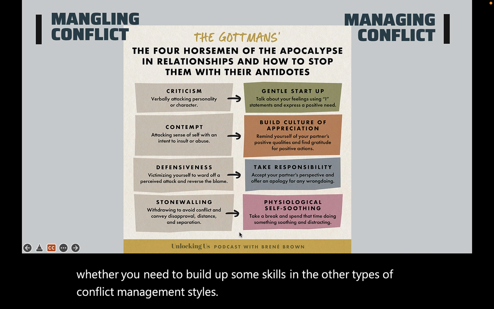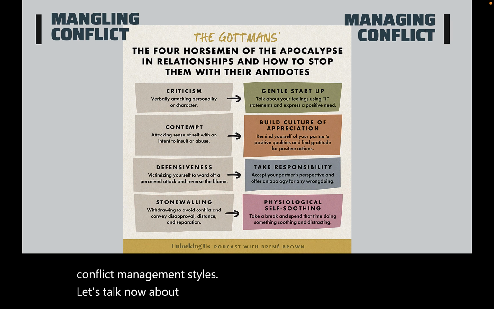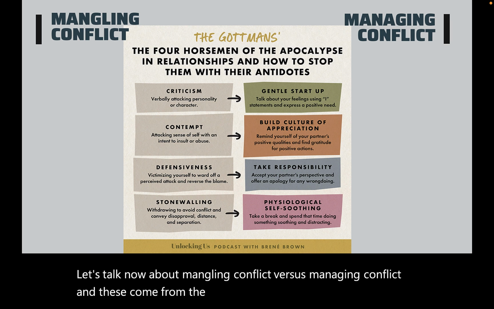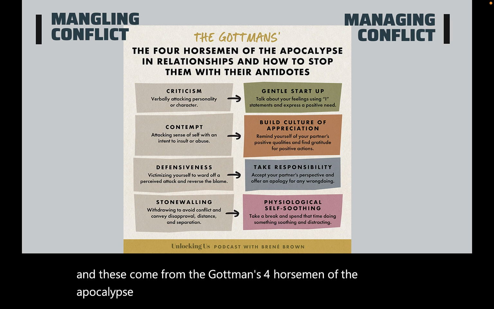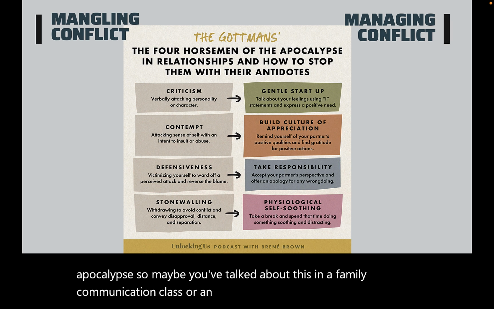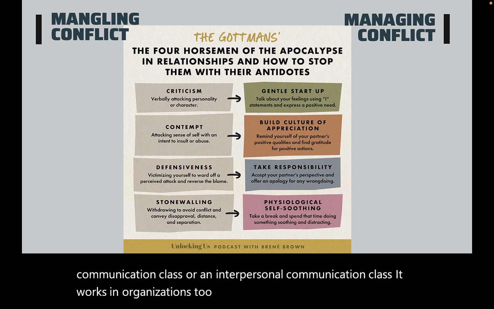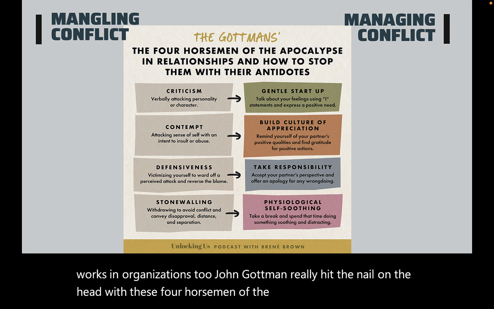Let's talk now about mangling conflict versus managing conflict. And these come from Gottman's Four Horsemen of the Apocalypse. So maybe you've talked about this in a family communication class or an interpersonal communication class. Well, it works in organizations too. John Gottman really hit the nail on the head with these four horsemen of the apocalypse. So the first one is